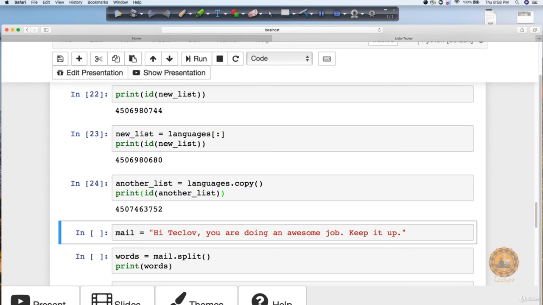So as I said, just keep this in mind in detail, because I have noticed a lot of people making this sort of mistake here. So do not get confused with this. If you are directly using the assignment operator, that means you are sharing the same memory location. In case you don't want to do that, use the copy function. Let's see a few more things in the further video lectures.